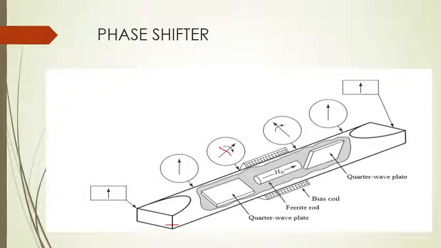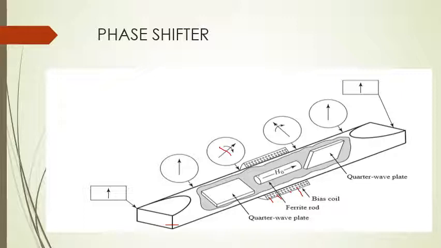This arrangement is allowed to pass through a ferrite rod which is present in a longitudinal fashion. This is a longitudinal arrangement and this is a ferrite rod, because with the help of a solenoid we have kept it over here. This thing which you can see is a solenoid. This is just to make sure that the signal which is passing maintains that RHCP, meaning that if you want an additional phase shift of 180 degrees, more can be given to this wave by arranging the movement of this magnetic coil.